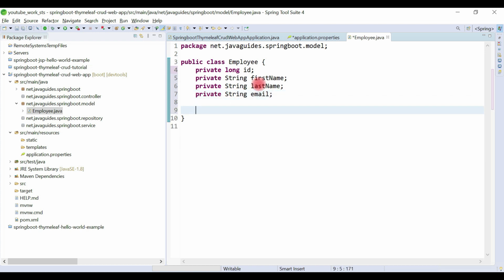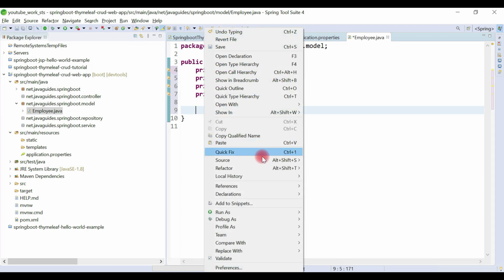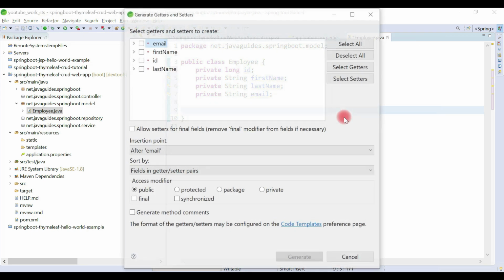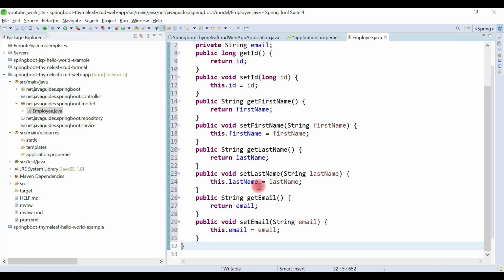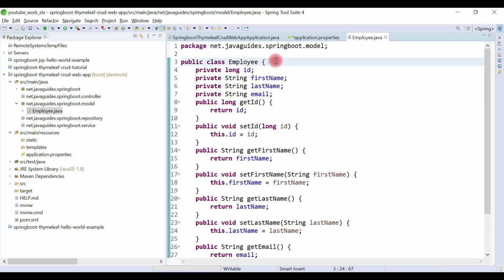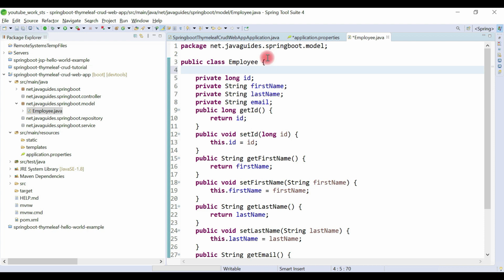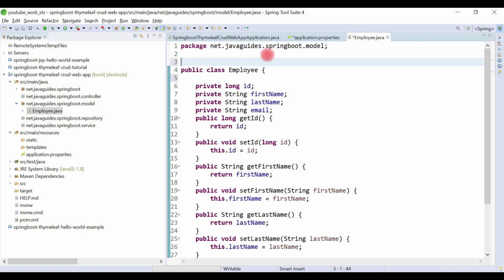Let's quickly create getter and setter methods to access these private fields. Great, now we have a simple Java class. Let's make this Java class a JPA entity by using JPA annotations.